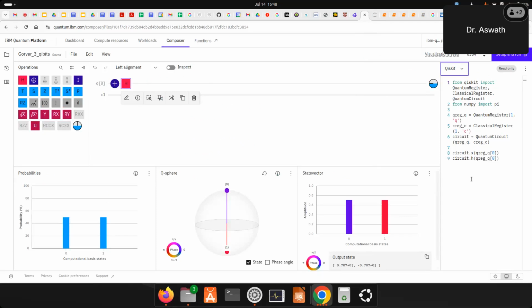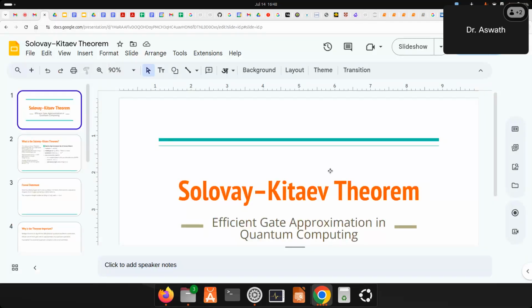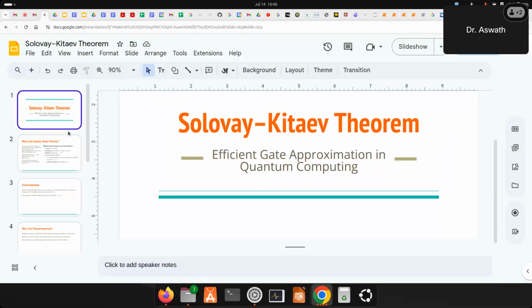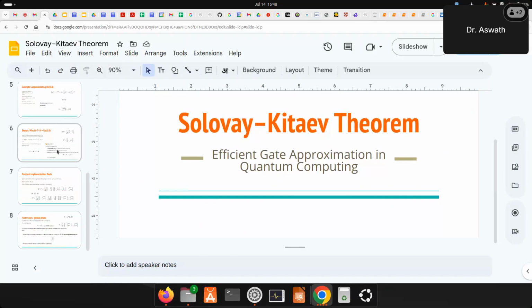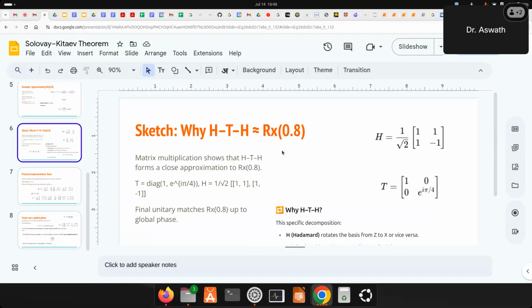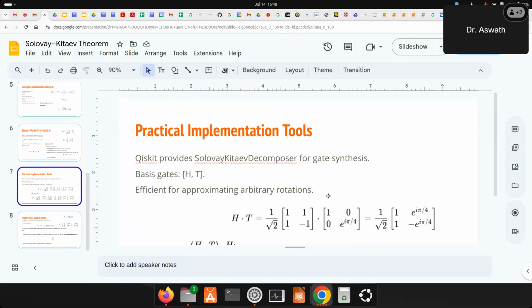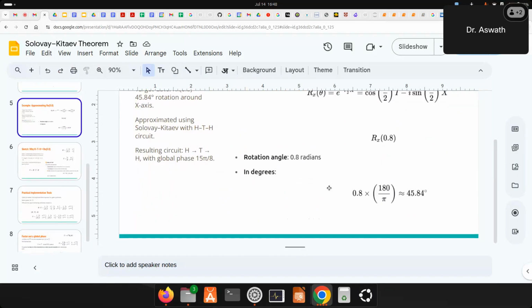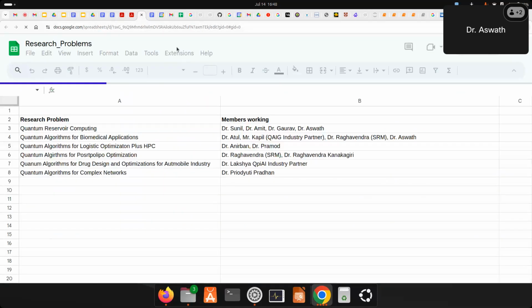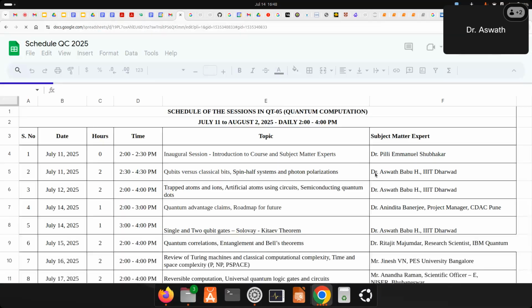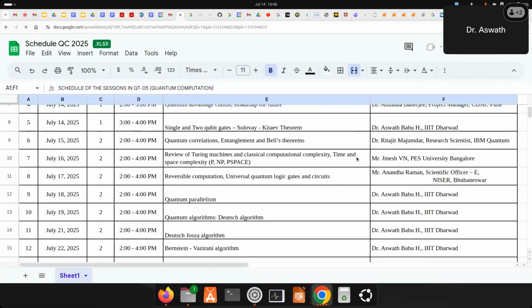The Solovay-Kitaev theorem helps me realize a given unitary gate using the existing gates. For one of the cases, I have given the description. Please go through how it is done. In the next class, we will discuss the mathematical part. With this, I think the required background to go ahead is actually covered.